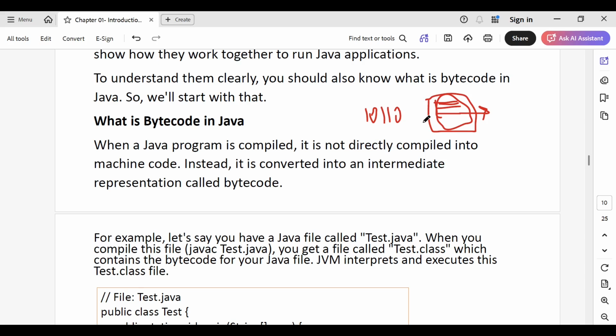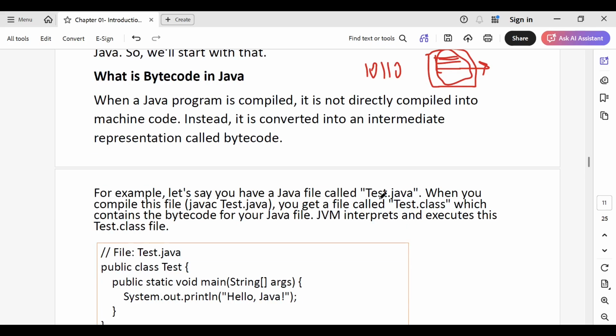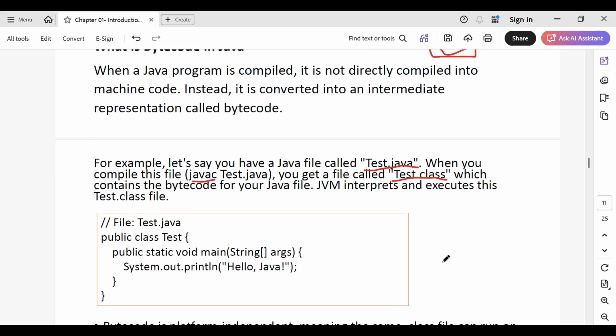So when you compile a Java file, let's take an example. Suppose I have a file named test.java. So when you compile it using javac, what you get is a test.class file, which contains the bytecode for your Java file. Okay, so you can understand it like this. Suppose I have this test.java. So I compile it